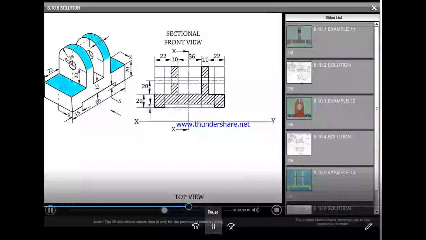Draw the top view and neatly represent the location of the cutting plane.